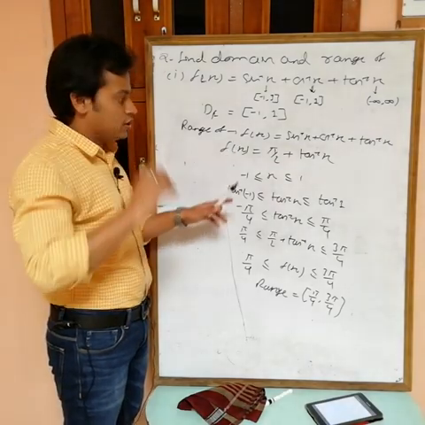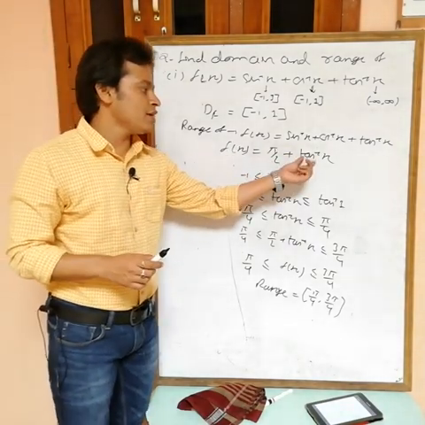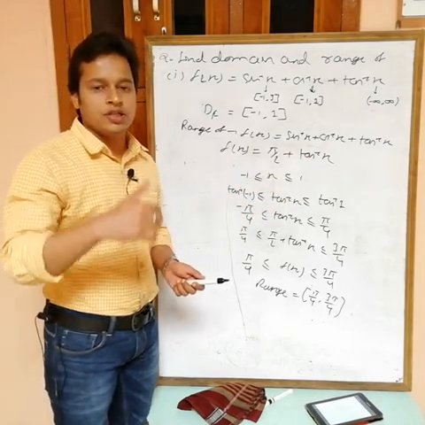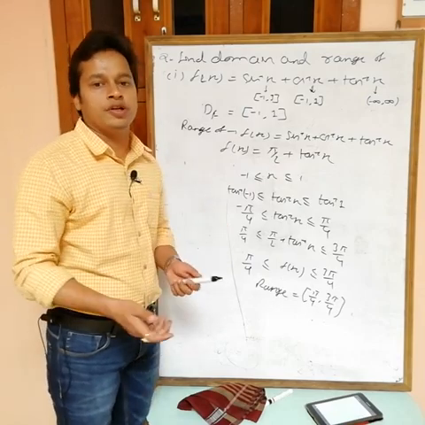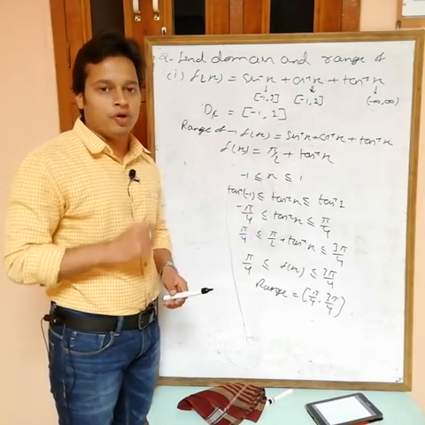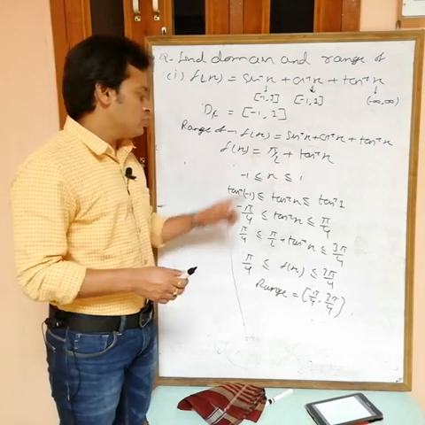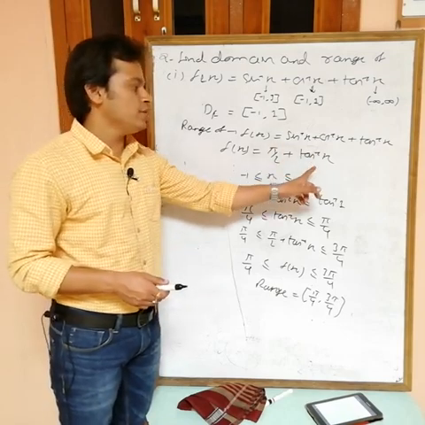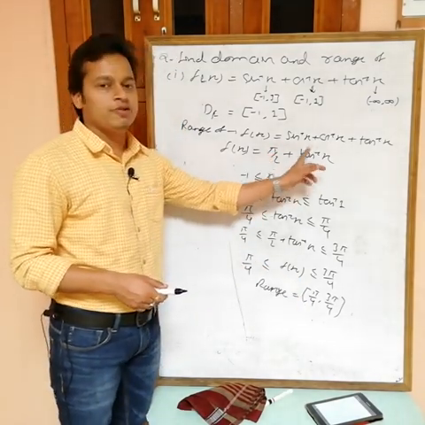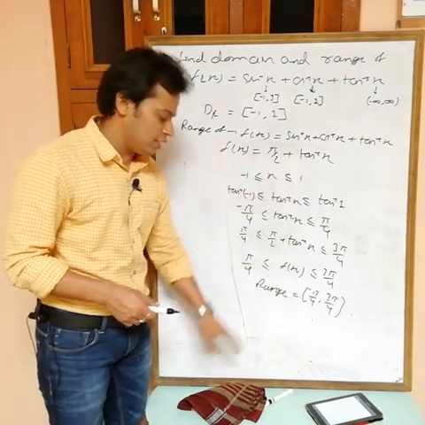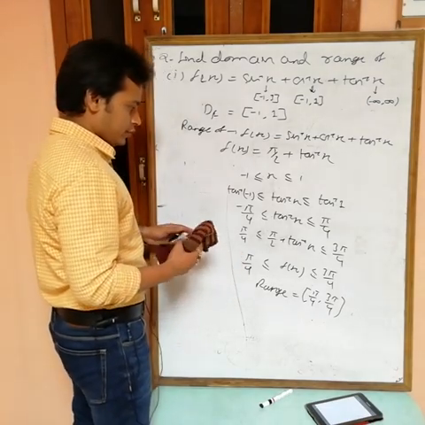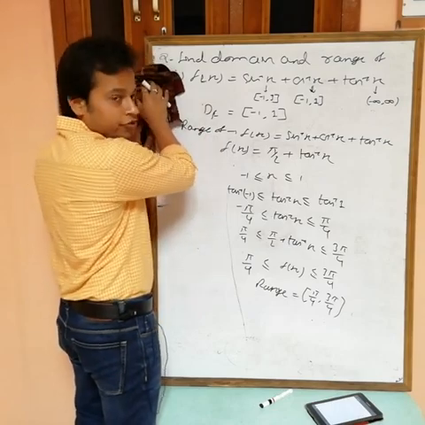Also for this one, directly you can find how. Actually we know that the function is pi by 2 plus tan inverse x. If tan inverse x is increasing, then pi by 2 plus tan inverse x is also increasing. Obviously, if any function is increasing, then that function plus a constant is also an increasing function. So if this function is increasing, then you will get the minimum value at the starting point and the maximum value at the end point. So for the minimum value put -1. Tan inverse of -1 is minus pi by 4. Pi by 2 minus pi by 4 is pi by 4. Now for the maximum value put 1. Tan inverse 1 is pi by 4. Pi by 2 plus pi by 4 is 3 pi by 4. Done.